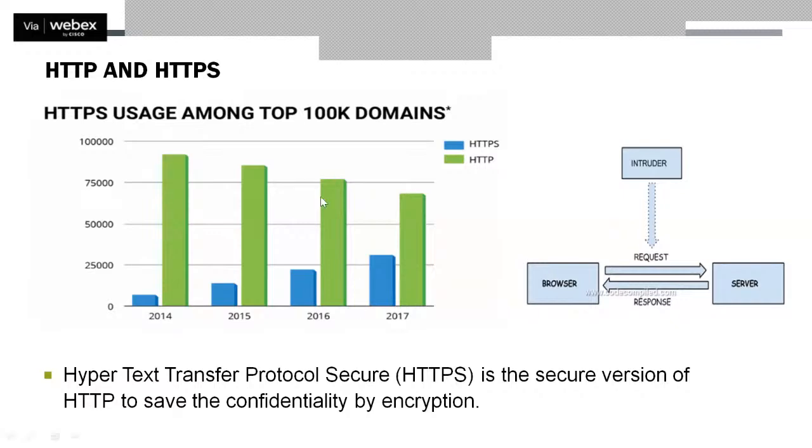HTTPS is basically the secure version of HTTP, and it contains some security-related transformations carried out by the protocol, after which there will be a secure connection. It is used for establishing a secure connection between the server and the client. So if we use HTTPS, then definitely it is going to be more secure as compared to HTTP,